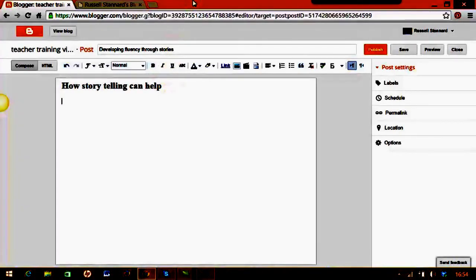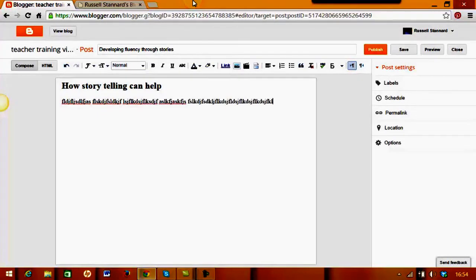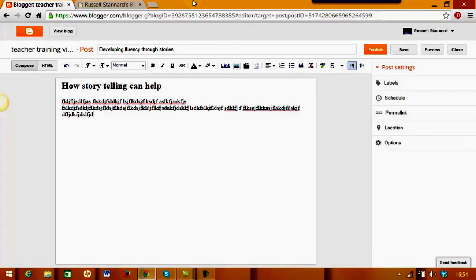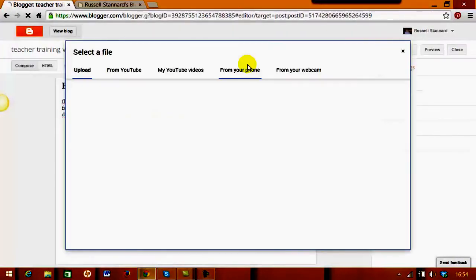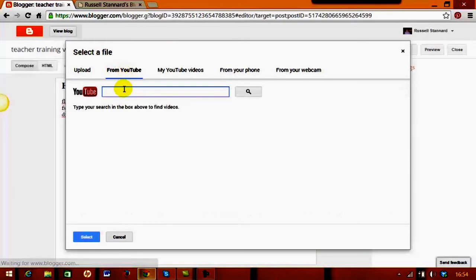And what we're going to do here is first of all add in again a little bit of text, and I will come and talk a little bit more about text in a second. So just add in a little bit of text onto the screen. Let's imagine now that we want to add in a video, and obviously Google links in really well with YouTube. I'm going to click here, and I really like the way that this works now. I'm going to grab from YouTube, and I'm going to click on from YouTube, and in fact I can just do a search here. So I'm going to put in, for example, Russell Stannard, and see if there's any stuff,